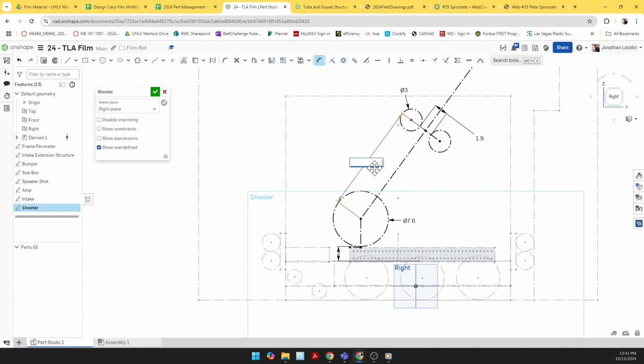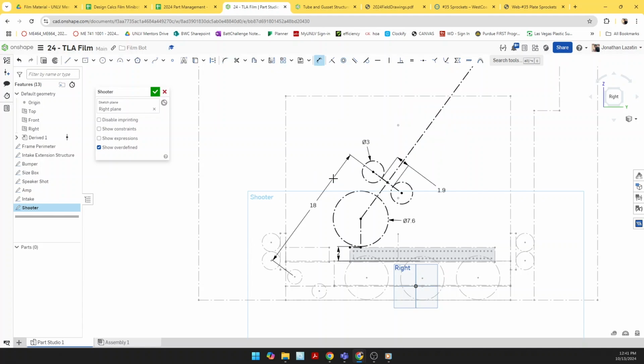So from this point to this point, we want it to be just a little bit more than 14 inches. So let's do 18. So the note will fit fully inside here